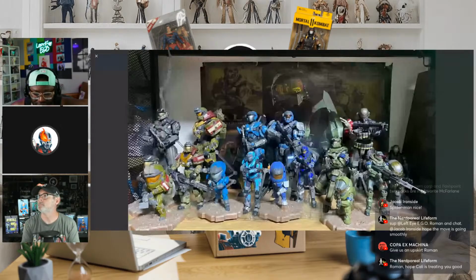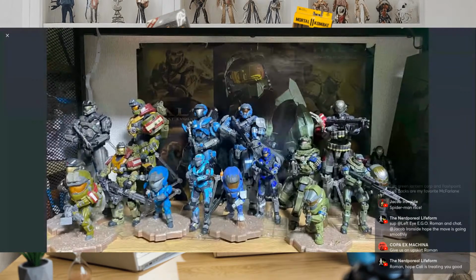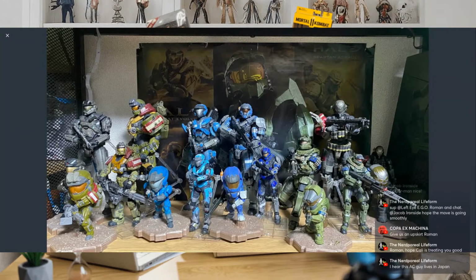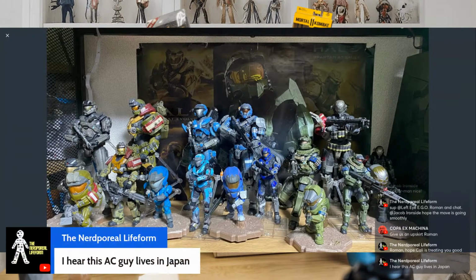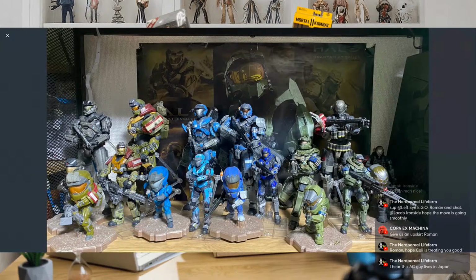Yeah, so what I got here is basically three different versions of the same characters, like toys or action figures of them. So I'll start with the smallest in the front and work my way back. The ones that you see on these dirt looking stands came in this little kind of crate. Are you guys familiar with the thing called Loot Crate? I think it's discontinued. Yeah, I remember that. So they teamed up with Microsoft and they did Halo Loot Crate, and it was called I think Halo Legendary Crate or something.